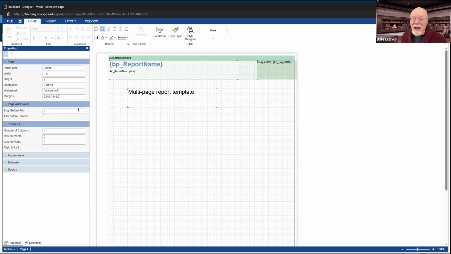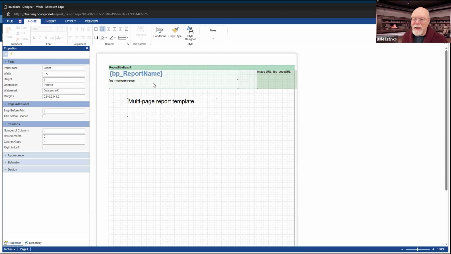So that is the left margin at 0.5 inches. Then we're going to set the next one to 0.5, and that will be the top margin. So it is left, top, and then I believe right, bottom. And we'll set the next margin to 0.5. That is my right margin. Now notice, we've already got a little problem here. I've got content now, with this logo, that is sticking off the edge of the page. So we're going to have to fix that.